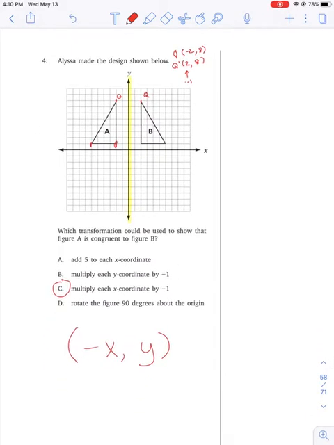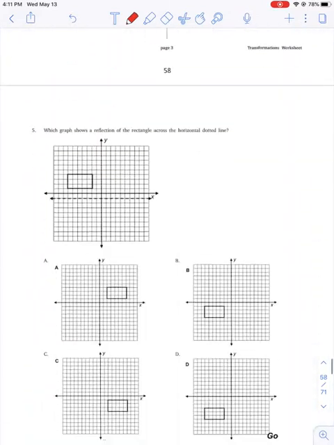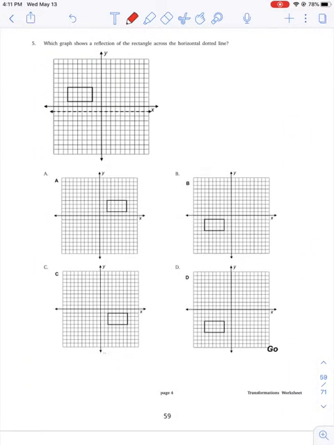So C is correct. A is not going to work because that is a translation. But this was clearly flipped. It wasn't just slid over. D is not going to work because this is not a rotation. It looks, again, like it was clearly flipped. And B is not going to work because that would actually end up down here. That would be a flip over the x-axis instead of the y-axis. So there you go. All right, so